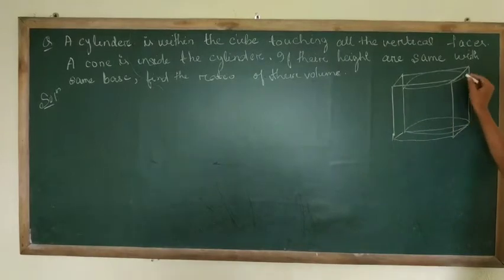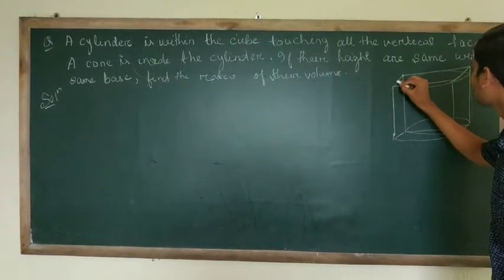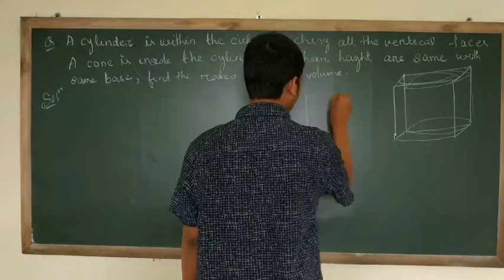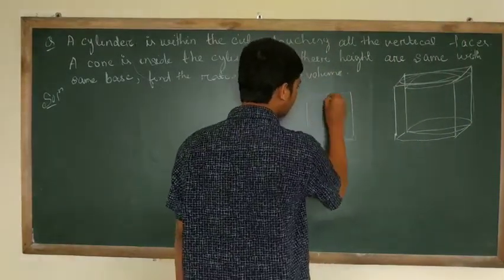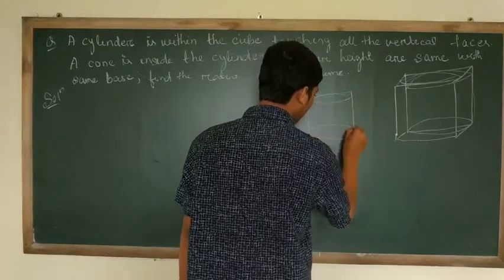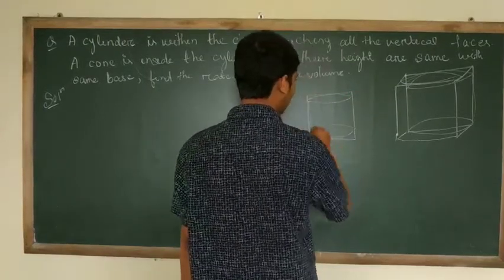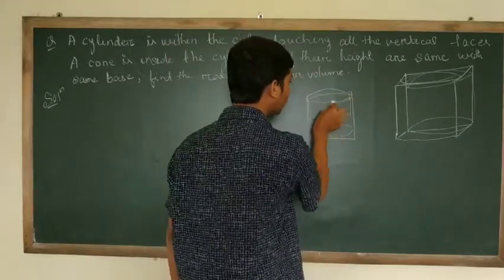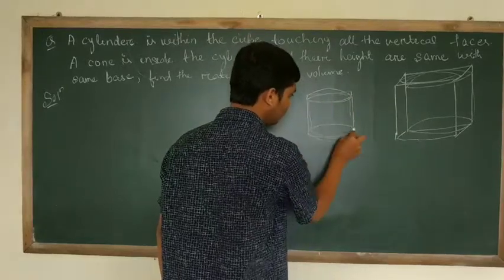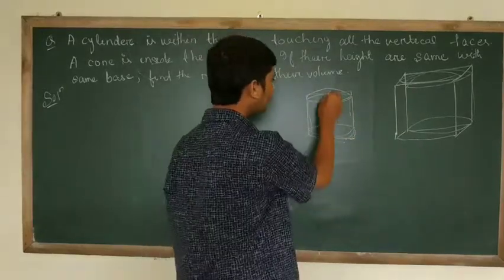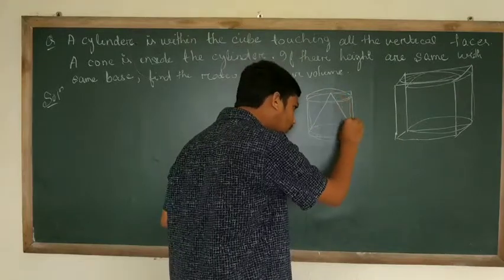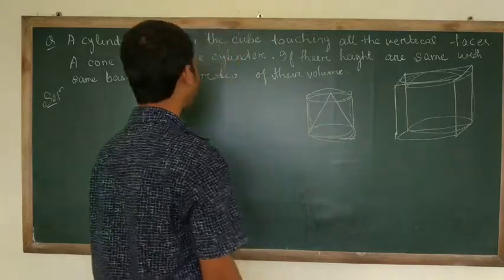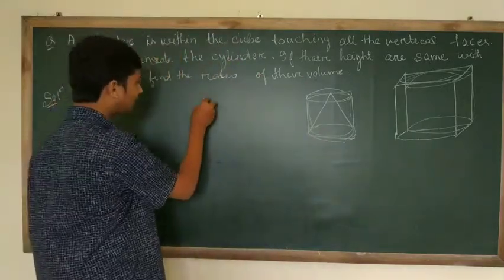Okay. So this is somewhat like this. Okay. This will be the surface. Let it be in 2D figure. Suppose this is a box. So this will be touching like this. Okay. The faces. 2D figure, not a 3D figure. Means we are touching this whole part. And then a cone is also there, okay, with the same height. So we have to find the ratio of their volumes. So the figure becomes like this in 3D.